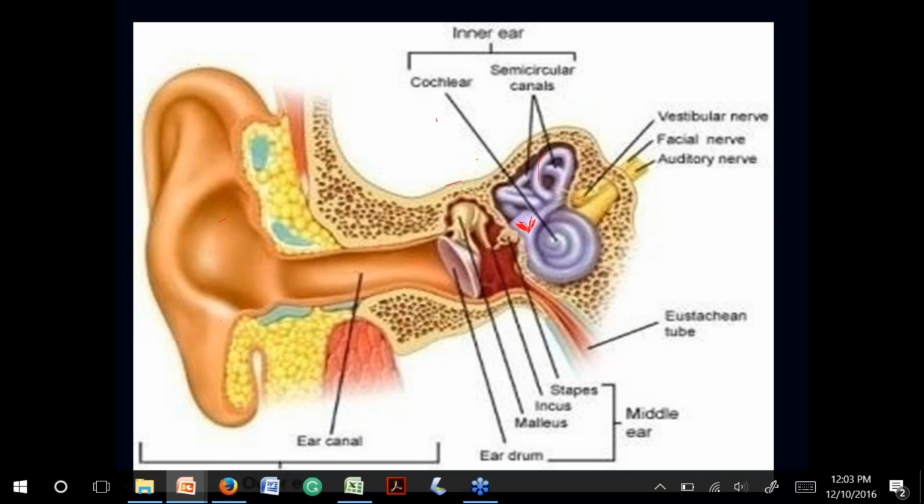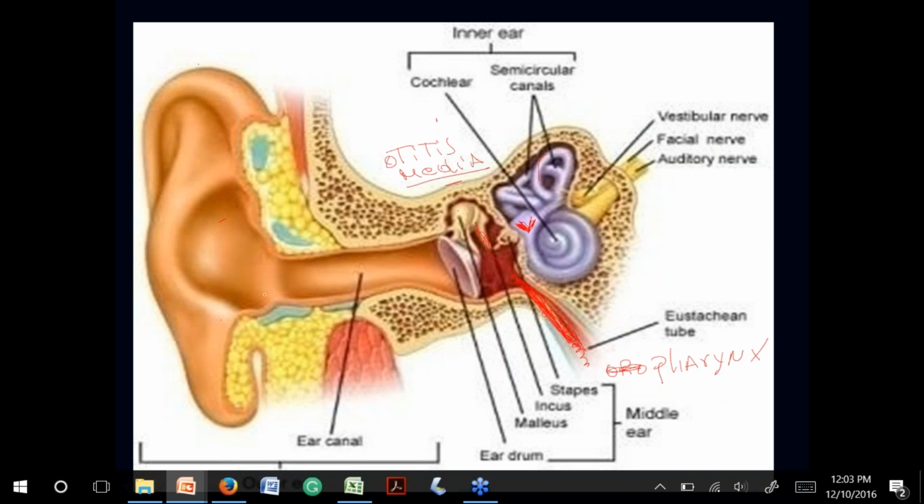Well, we need to add here in the middle ear the eustachian tube. I almost forgot about the eustachian tube. The eustachian tube is a communication of the pharynx with the middle ear. So the bacteria or virus is coming here, climbing, jumping, and they are going to get into the middle ear. That is what produces otitis media, inflammation of the middle ear.